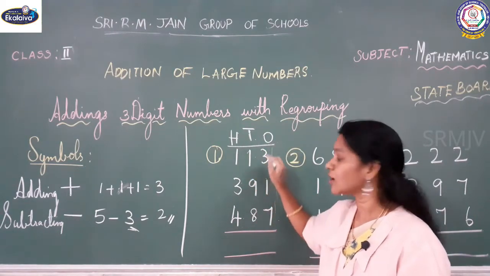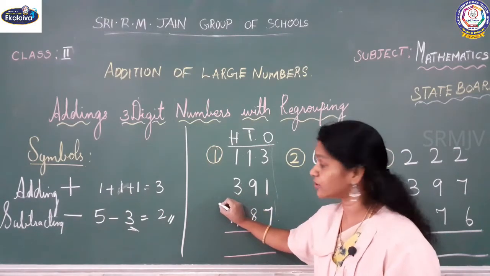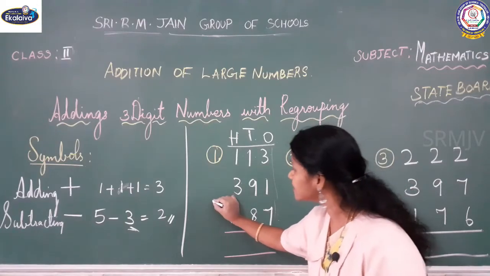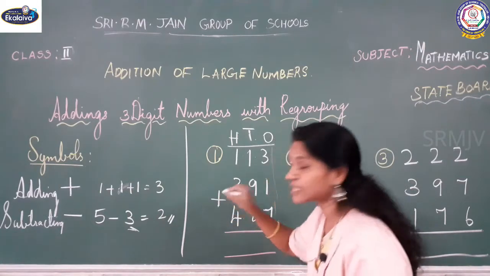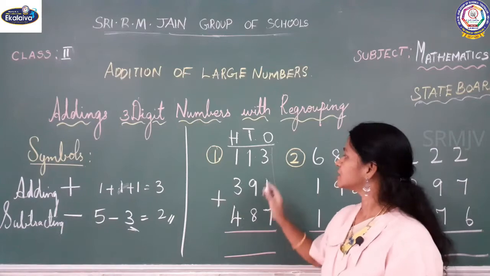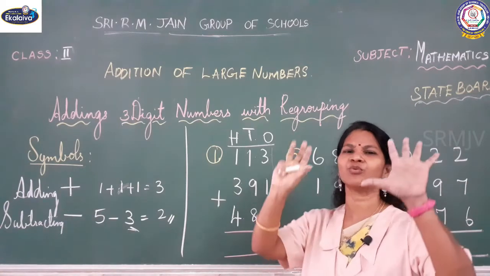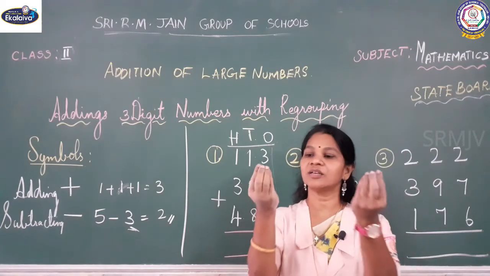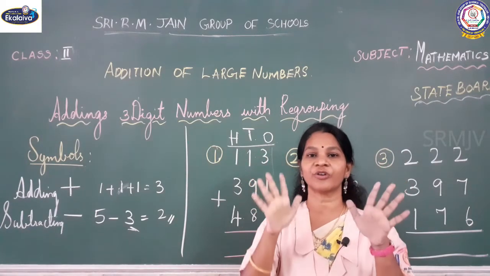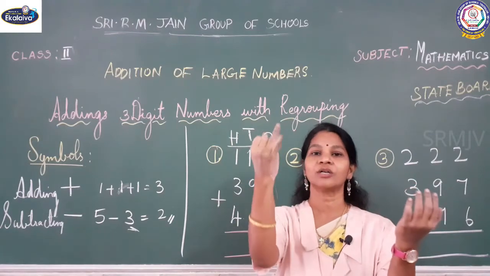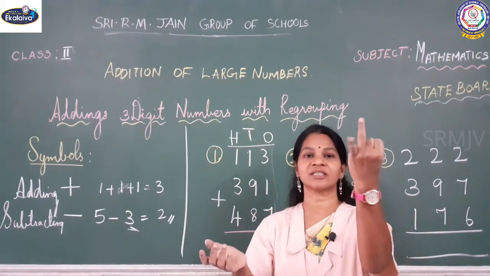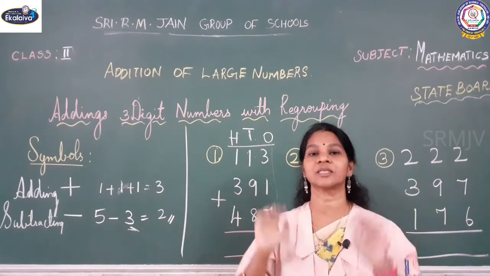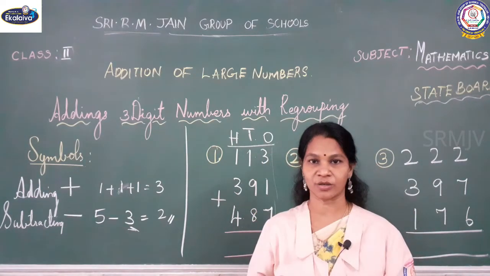Now we are going to add. What you have to do now here? What sign we have to write here? This addition, this plus sign. Okay, see now, we are having only 10 fingers. If 4 or 5 they are asking means we can count 1, 2, 3, 4, 5, 5 plus 5, 6, 7, 8, 9, 10. If it's beyond that number, if it is 6 plus 8 means we can't count on these fingers.